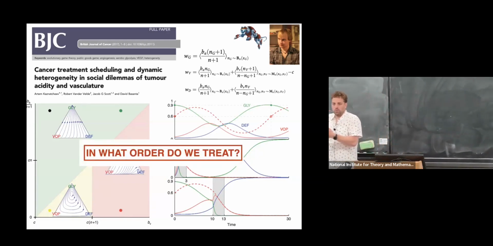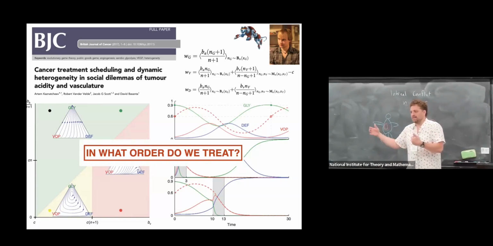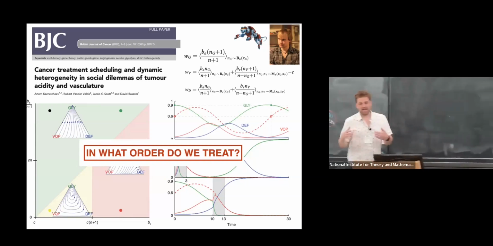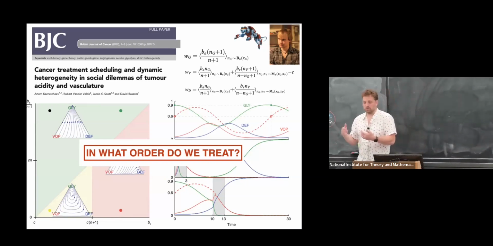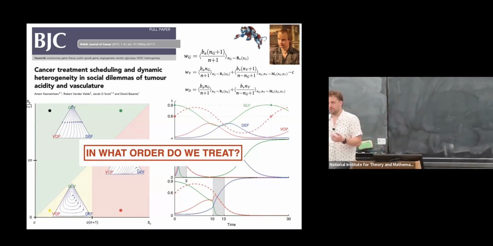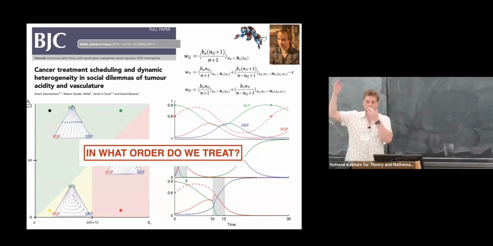So if I give one drug and then another, A and then B and then C, is that the same thing as giving A and then C and then B? To an evolutionary biologist, it might be obvious that exposing a creature to winter and then summer is different than summer and then hotter summer, for example, or in a different order, right? If you evolve in one scenario and then climate changes to another versus the opposite.